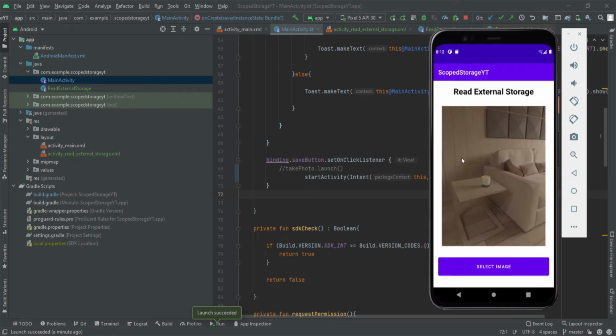So what will be the use case for this feature? If your app requires setting a profile picture, for example, as we do in WhatsApp, Facebook, Instagram, and so on, it redirects us to the gallery app, right? We pick the image, then that is loaded inside that app, so you can use it there. So this is the method for picking up the image. It works with Android 10, 11 as well, right?